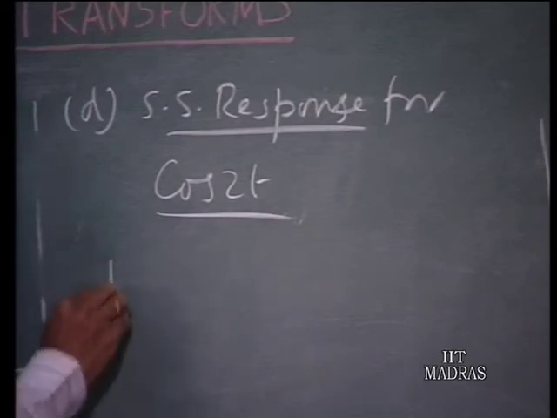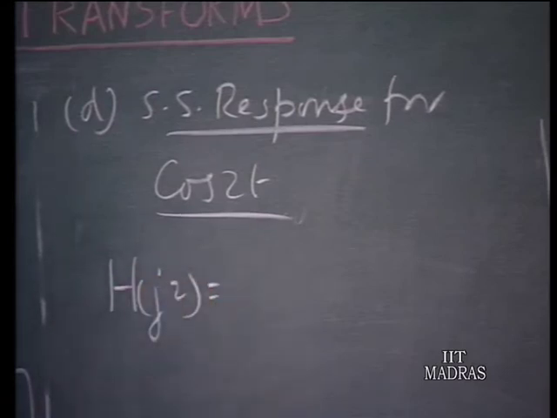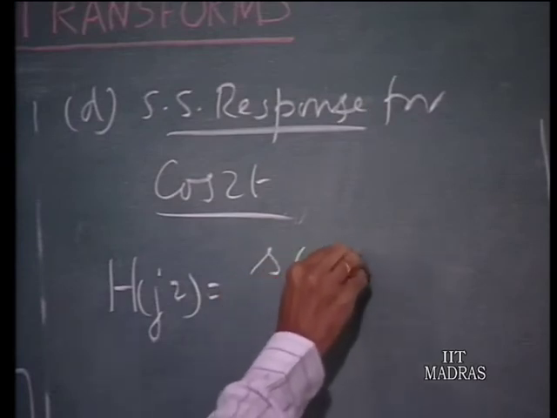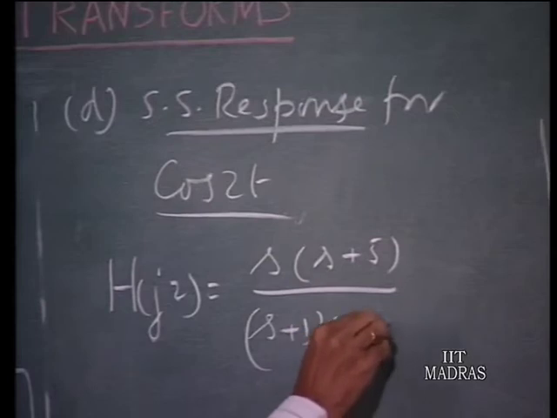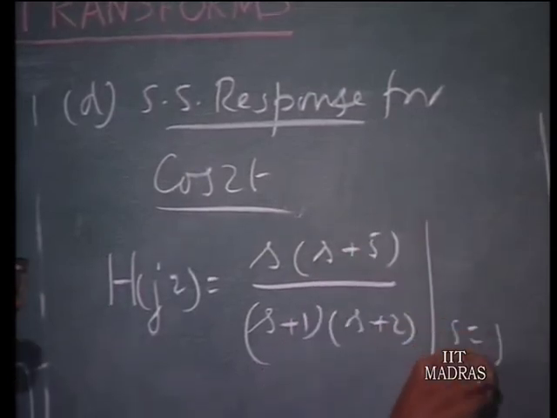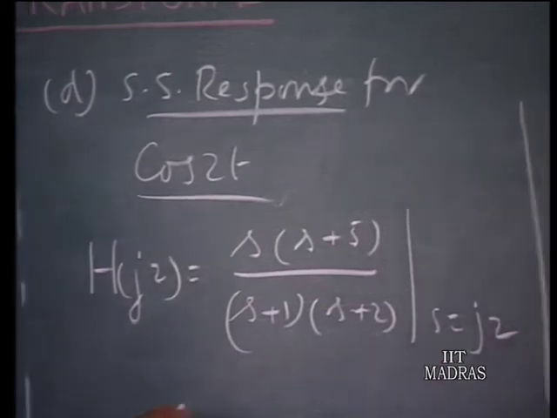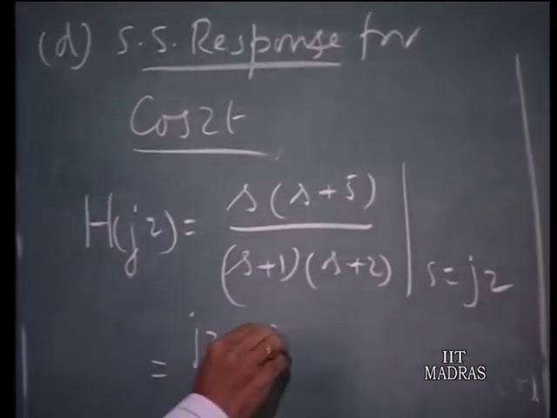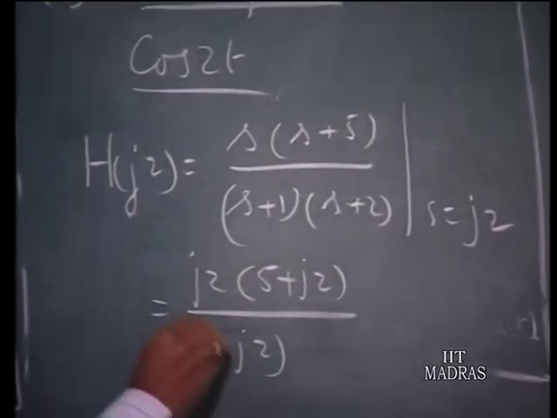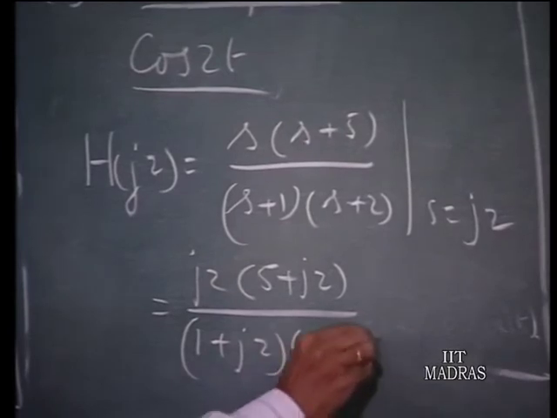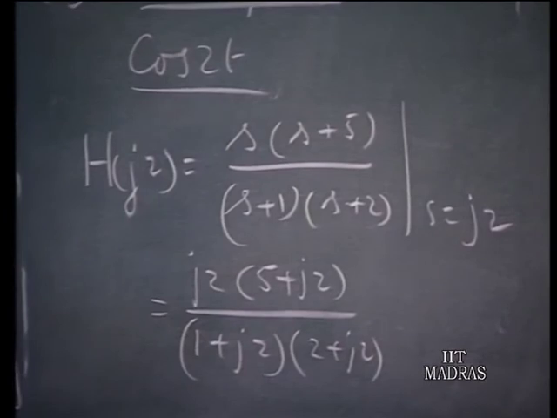So, H(j2) equals, our H of s is s times (s plus 5) divided by (s plus 1) times (s plus 2), with the substitution s equal to j2. So, when you substitute s equals j2 in this, you get j2 times (5 plus j2) divided by (1 plus j2) times (2 plus j2). If you simplify this, rationalize and simplify this, this will turn out to be